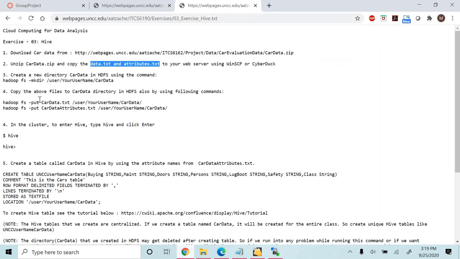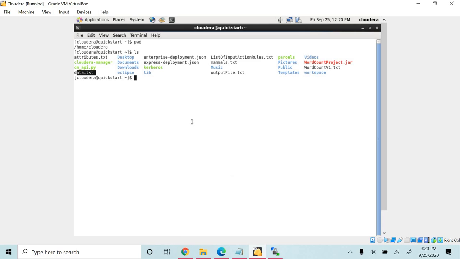So now let's go to the next step where we need to create a new directory named car data in HDFS using this command. So let's go back to the Cloudera terminal and create a directory named car data in HDFS.